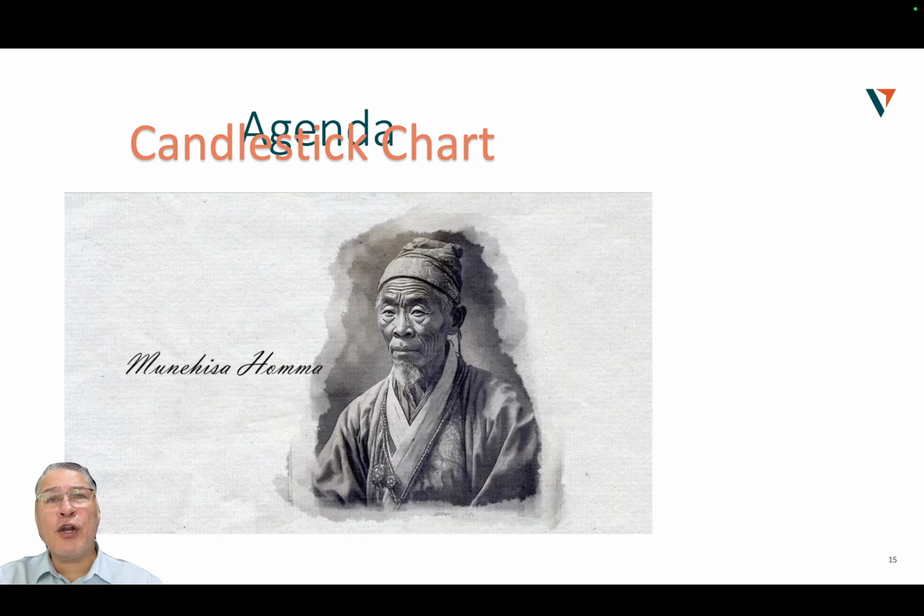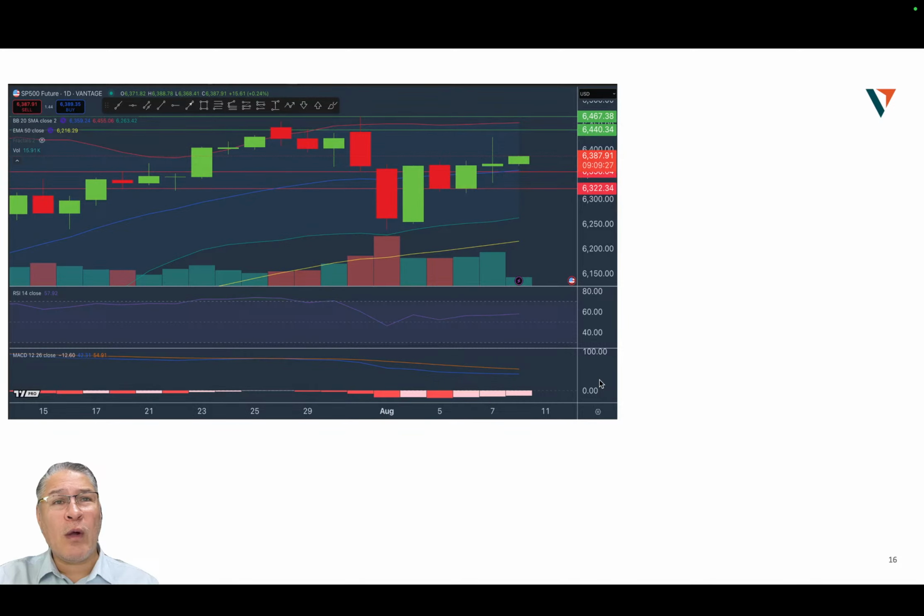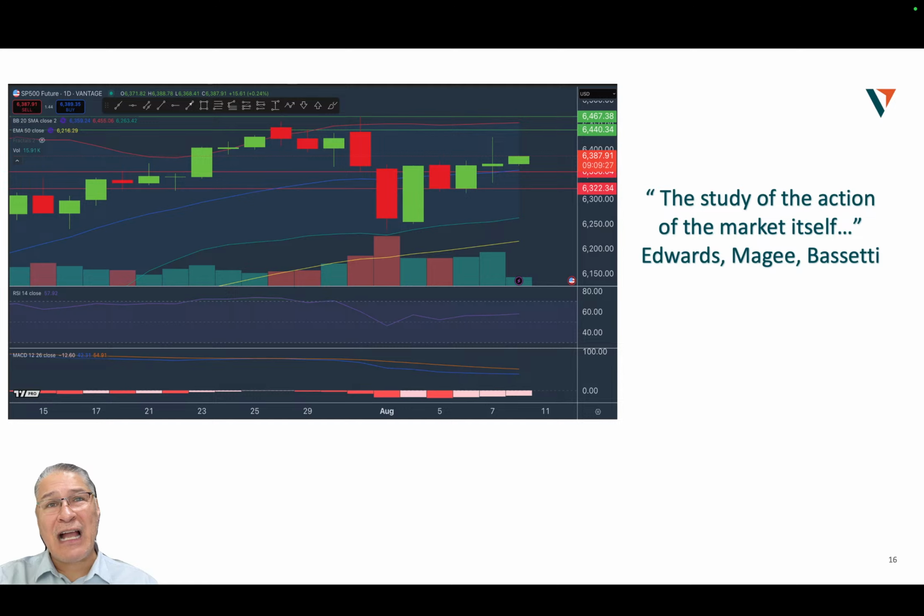But what I'm going to argue to you now is that technical analysis is far more than just collecting data and displaying it in a way that we can interpret a lot of information quickly. That is part of it. But if you look at definitions from some of the very early texts from the 1920s and 30s, guys like Edwards and Magee said technical analysis is about the study of the market itself, all of that price action, all of the investor behavior, everything that's happening in an open, freely traded market is part of our discipline.